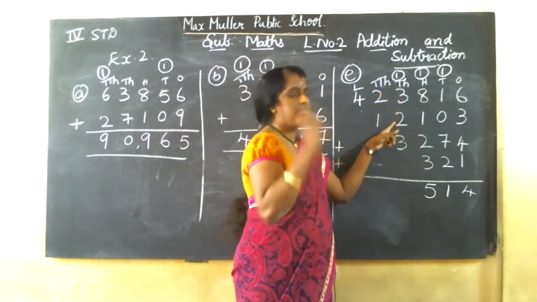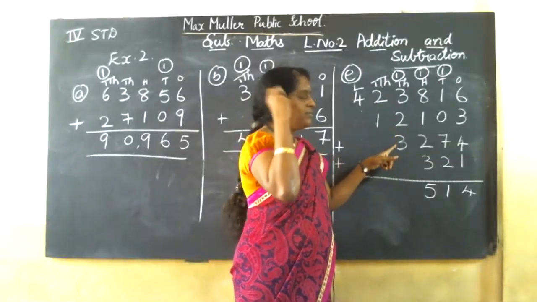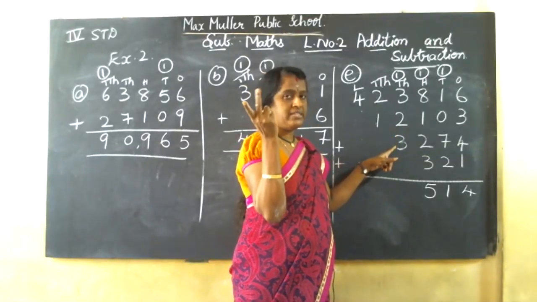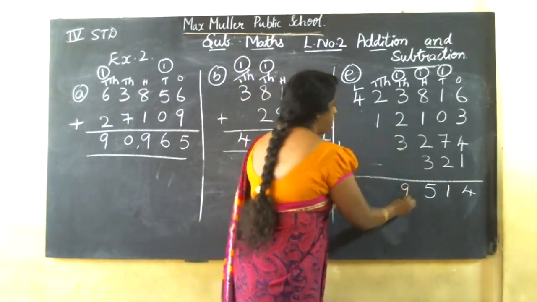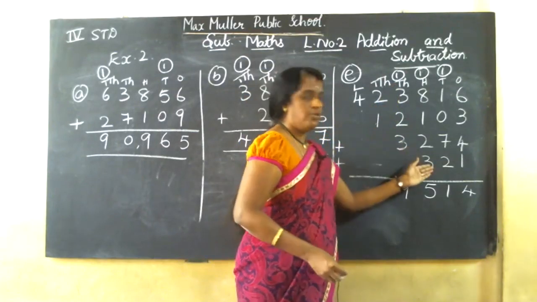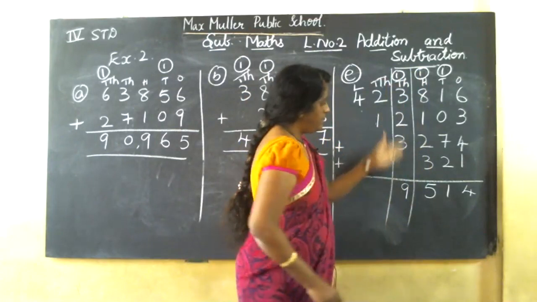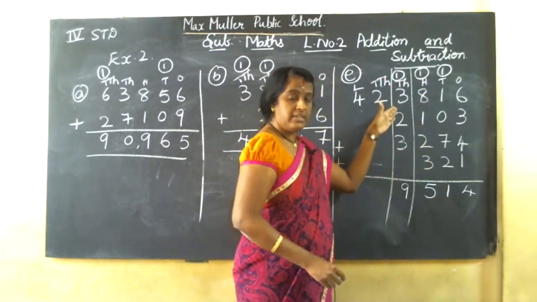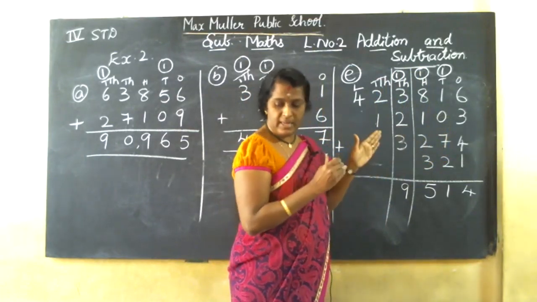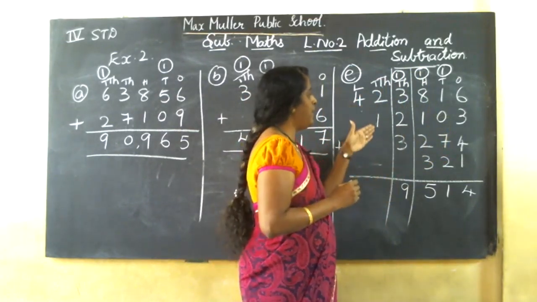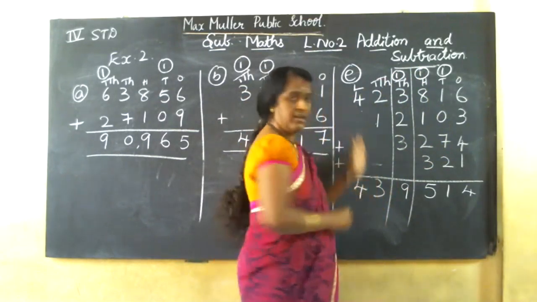3 plus 2, 3 in the mind, 2 on my finger, after 3, 4, 5. 5 in the mind, 3 on my finger, after 5, 6, 7, 8. Here no number, 8 plus 1, 9. Here no number, you should not go for this number, see. So by seeing, you should write numbers straight, so you can add properly. So here 9, 2 in the mind, 1, 3, 4, direct number, I will write.